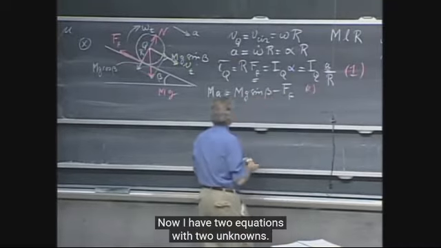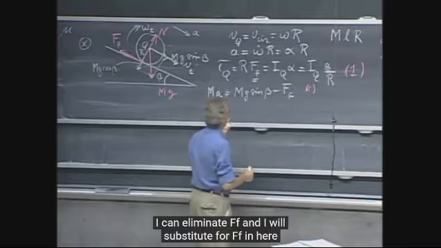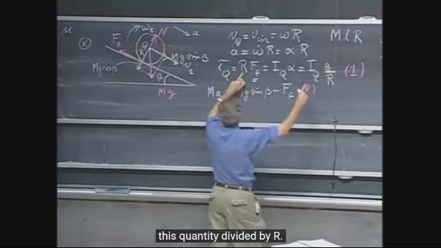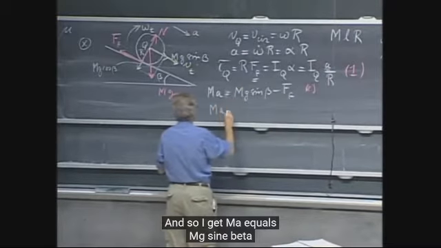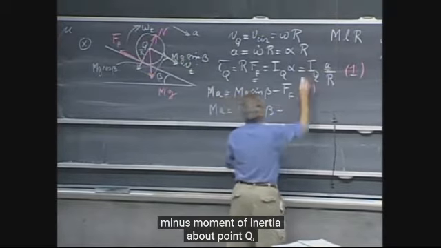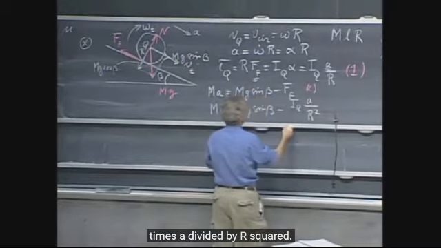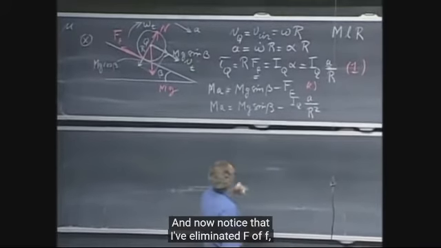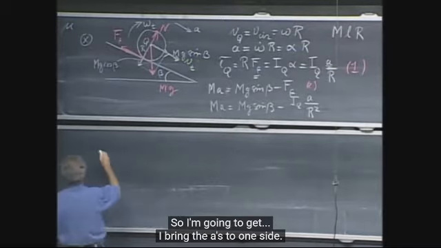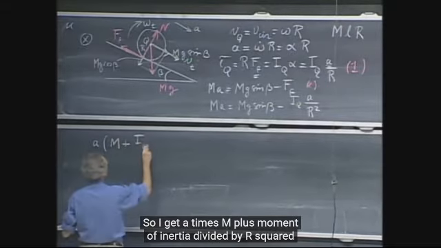Now I have two equations with two unknowns. So I can solve now. I can eliminate ff, and I will substitute for ff in here this quantity divided by r. And so I get ma equals mg sine beta minus moment of inertia about point Q times A divided by r squared. And now notice that I've eliminated ff, and so now I can solve for A. I bring the A's to one side, so I get A times m plus moment of inertia divided by r squared